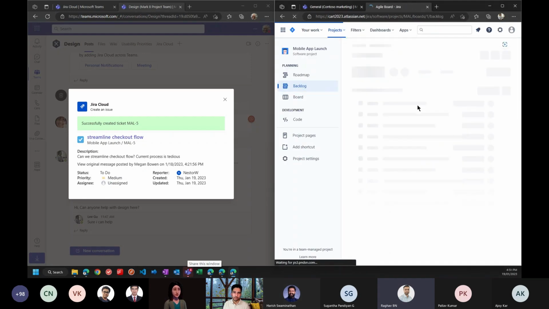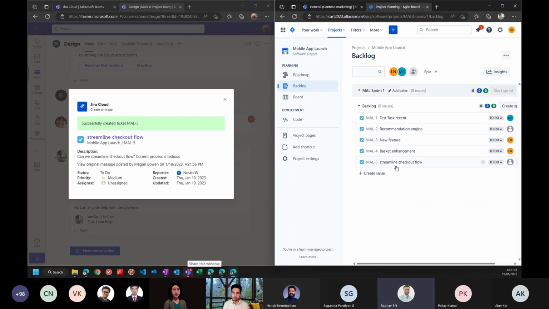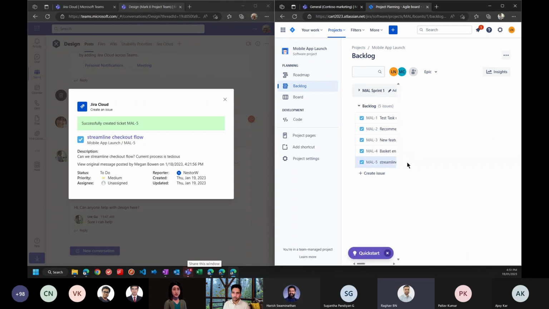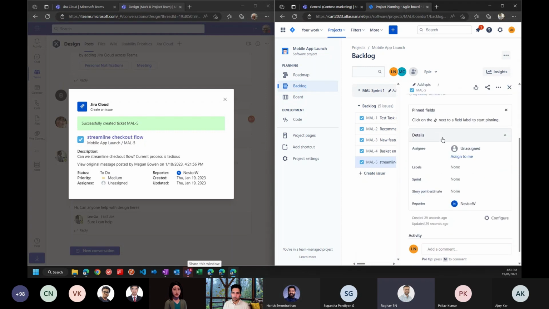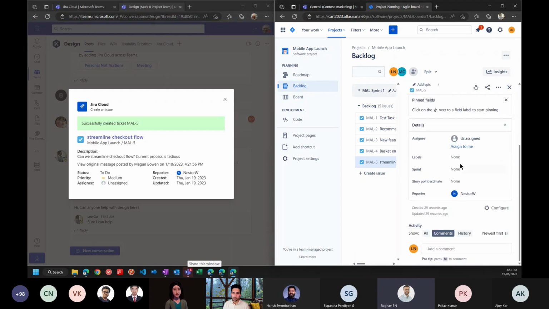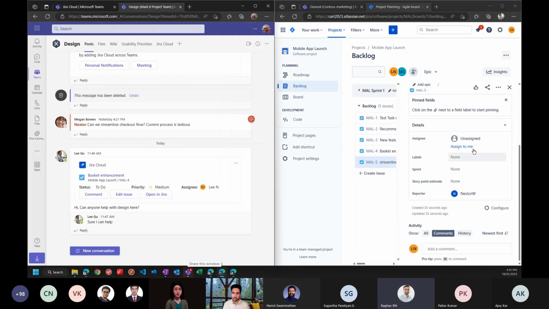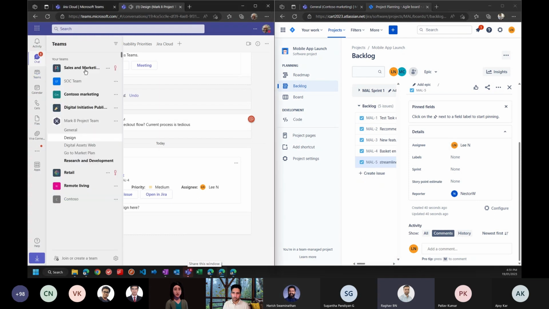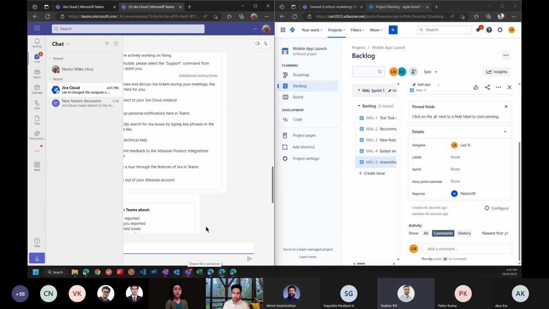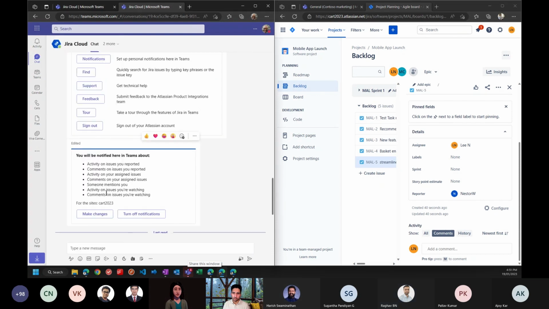Okay, so now that this Jira ticket is created, Lee, as a software developer, can go to Jira and look into the streamline checkout flow task itself, right? So if you click on it, you can see, okay, it's unassigned. Probably you can pick it up and all that. So what you will do is you will assign it to yourself. As soon as that's done, Nestor, as a project manager, receives a Jira notification saying, hey,